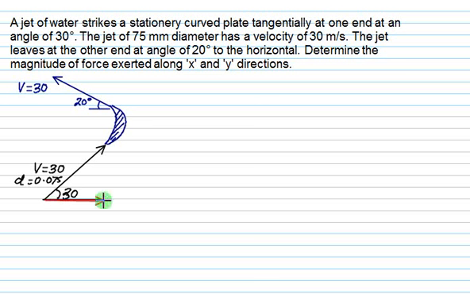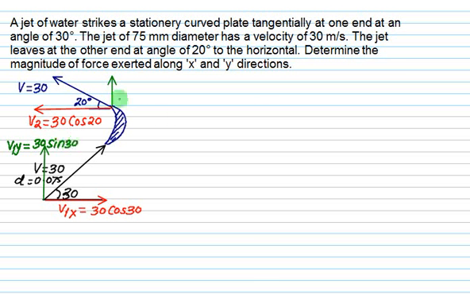So the x component of the inlet one, that is v1x, is equal to 30 cos 30, and the x component at exit v2x is 30 cos 20, whereas the y component at inlet v1y is equal to 30 sin 30, and at exit v2y is 30 sin 20, and nothing is mentioned about the velocity of the blade, so we assume it's fixed, that is u equals to